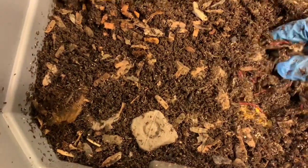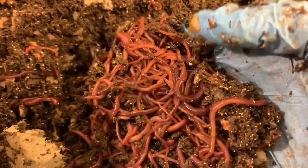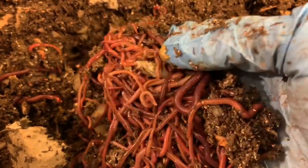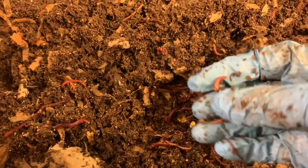So this is where we fed. This is also where we put the corn on the cob. They love corn on the cob. So I'm not surprised. Look at that. I was wondering where they all are, and here they all are. Of course. Look how fast these guys move, right? Those are the blue worms. You can see that aside from the fact that they move fast, if I can catch these speedy little suckers,